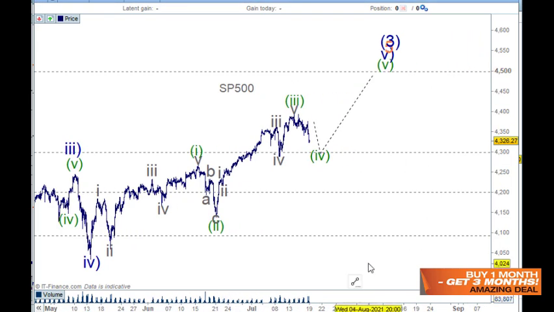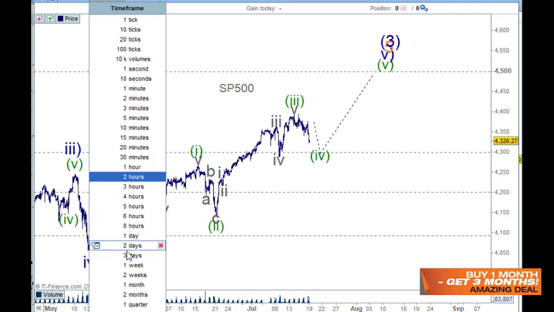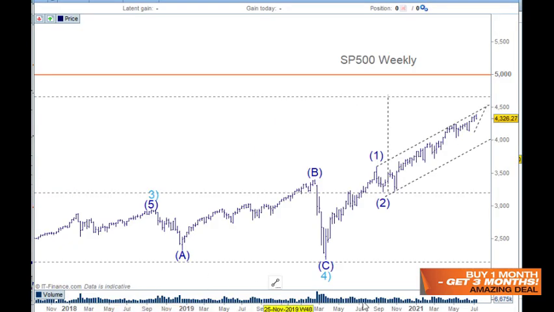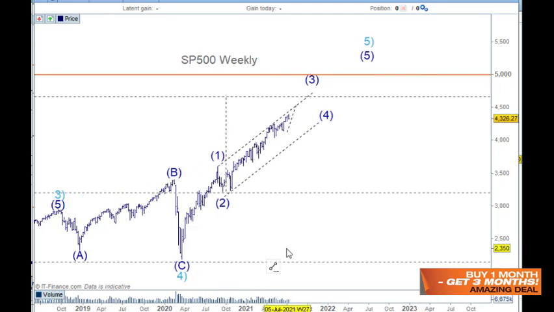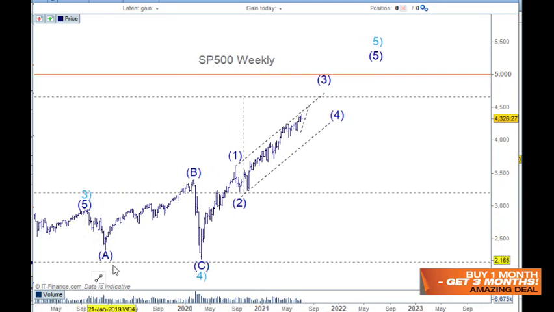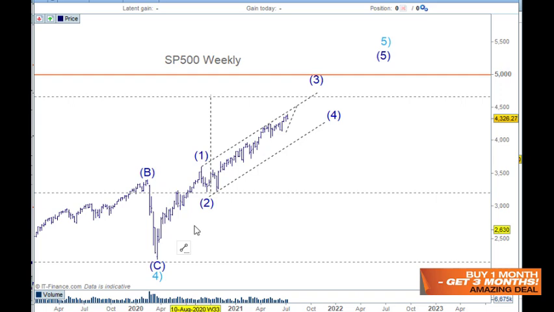Now, the only other way to bring this into play is to bring this big wave 3 here and the blue one on top here, but I'm not happy with that, because if I go back out to 1 week just for the big picture here, I'm pretty happy with wave 3, an A and a B and a C for wave 4. This has not been the best wave 1 up through here, and maybe that's where the problem is. So my problem so far is bringing this wave 3 down to here,